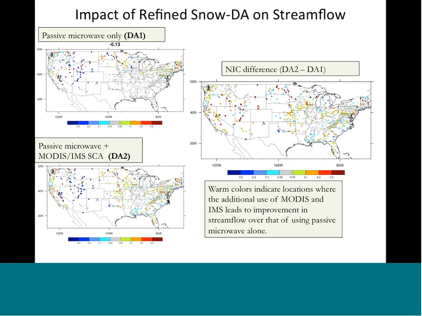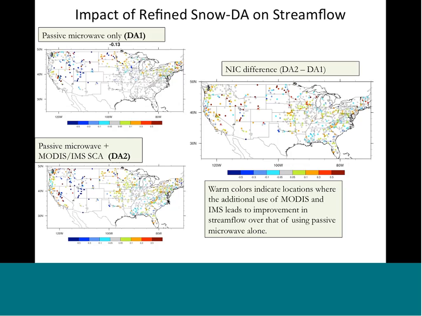The next slide, I think, is probably more interesting, because we kind of mentioned that it's difficult to have a known reference for snow. So we looked at stream flow again as an independent variable. And so the top on the left shows if you assimilate the passive microwave only and what the improvements are. And this is that same normalized information contribution. This one is specifically for the Nash-Sutcliffe efficiency, which is a typical metric for stream flow, sort of goodness of fit type parameter. And then the bottom one shows the impact of the passive microwave, DA2, plus either MODIS or IMS.